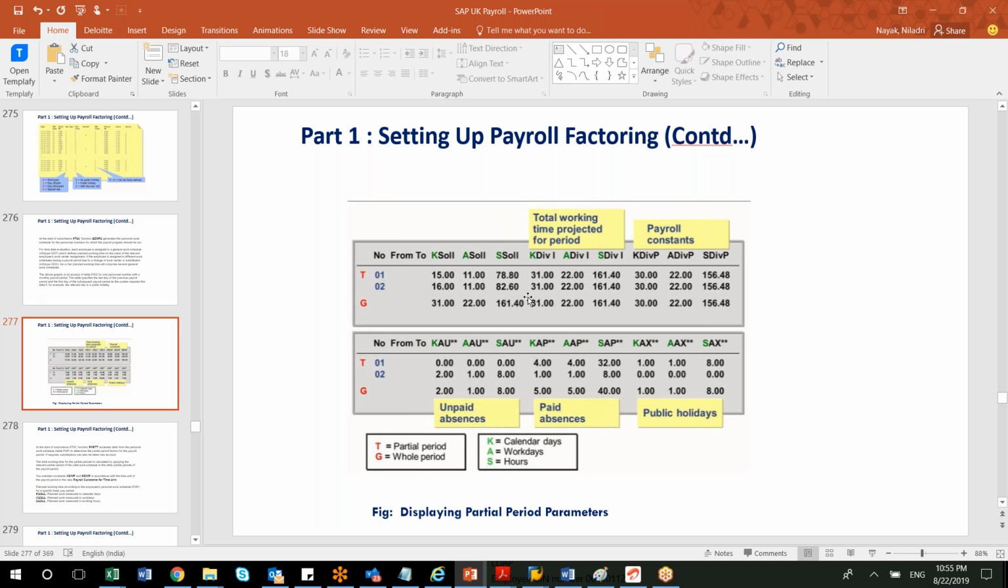Okay, so accordingly it will be split. Here I have explained these are all your payroll constants. KDIVP, ADIVP, all these are payroll constants. Similarly, in the downside, you can see these are specific to public holidays and so on. These things you will be able to see whenever you run a cycle. All these figures will be generated inside your